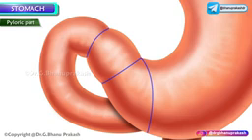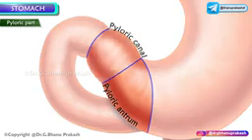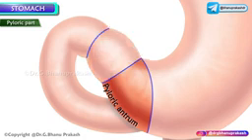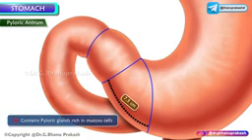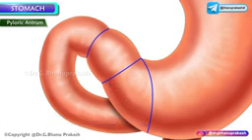And next one is the pyloric part. As I already told you, the pyloric part has been divided into pyloric antrum and the pyloric canal. The first one is the pyloric antrum. And if you see this, the pyloric antrum is approximately 7.5 centimeters long, and it has pyloric glands which are rich in secreting mucus. So that's the reason we call it rich in mucus secreting cells. And it is separated from the pyloric canal by a sulcus, what you can see over here, that is called the sulcus intermedius,